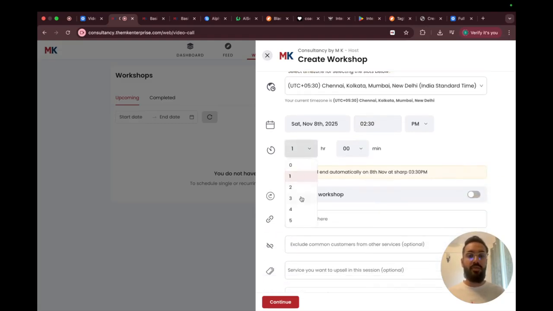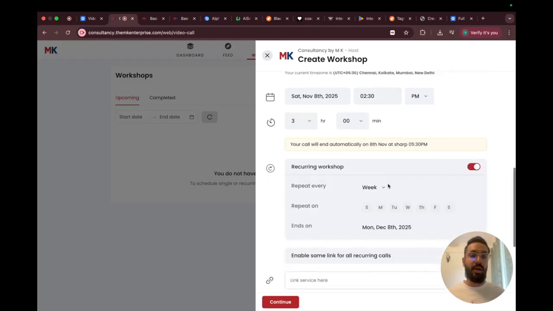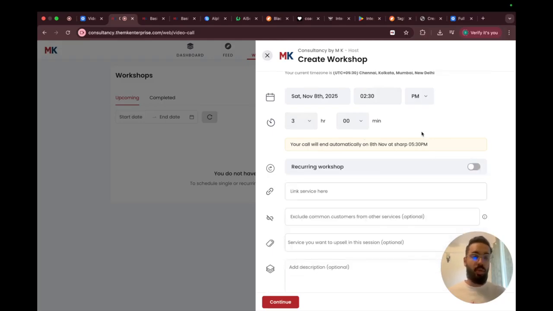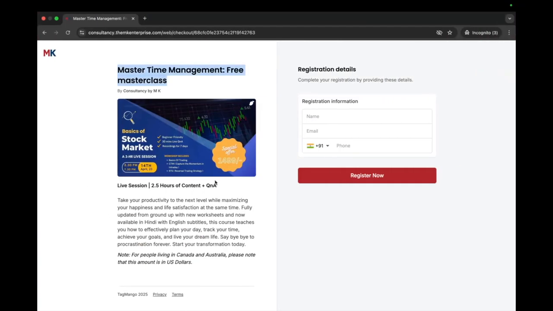Okay. And then it will be for 3 hours if I want to, right? Remember that the call will automatically end exactly after 3 hours. So we can set the time accordingly. If I want to set up a recurring one, I can do that. Or if I want it to be one time, I can do that. This is where I link the particular service so that only customers who register on this service